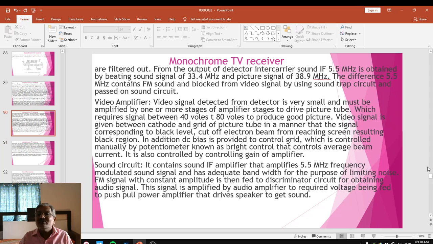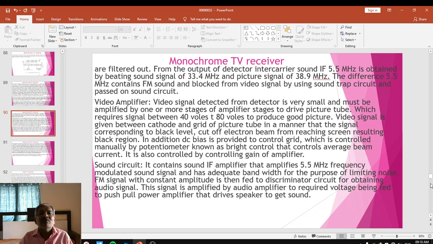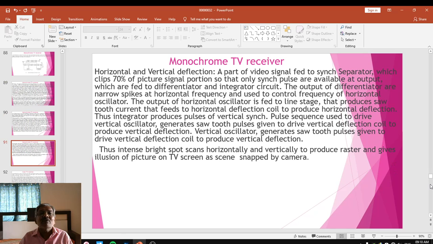Friends, now the last one is the horizontal and vertical deflection system. A part of the video signal is fed to the sync separator, which is represented in the block diagram